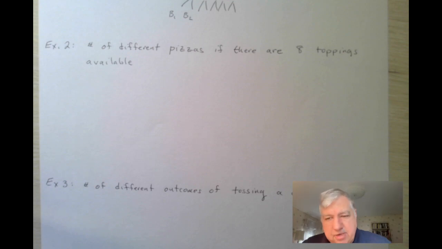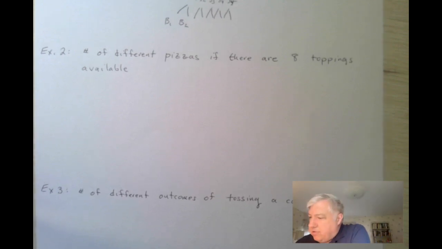Do I want this topping? Do I want this topping? Do I want pepperoni? Do I want mushroom? Do I want onion? And the answer is either yes or no. So behind every order there are 8 yes or no questions you have to answer, and that completely makes up your order. So in a typical order,